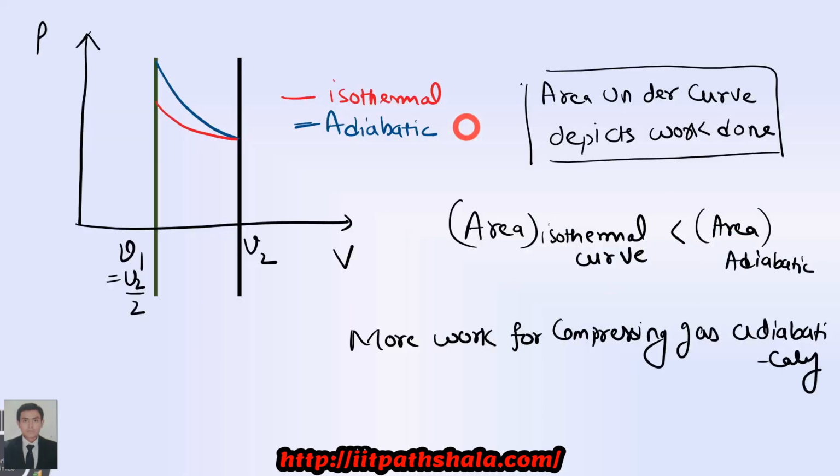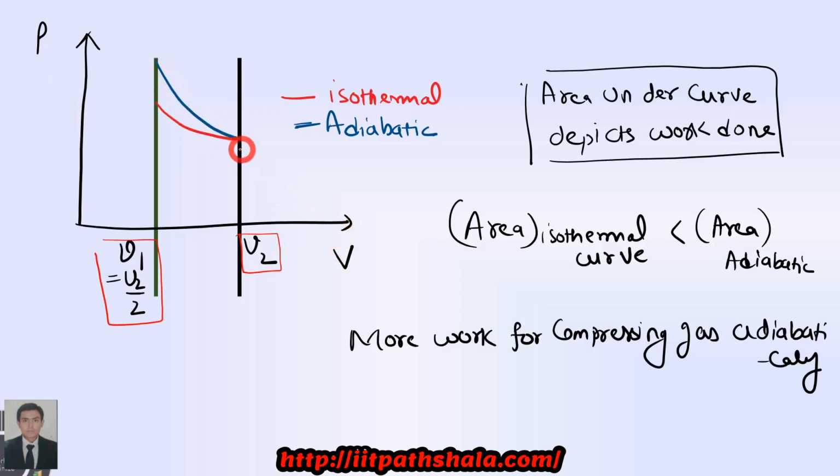Okay, so now if I take the graph of the following process, I can say that I'm starting with this volume V, I'm going up to the volume V by 2 because I'm compressing. Okay, then as you can see over here, I've made the curves for you guys only. So the blue curve is representing an adiabatic process, the red curve is representing an isothermal process. Now as you know, the area under the PV curve represents the work done.